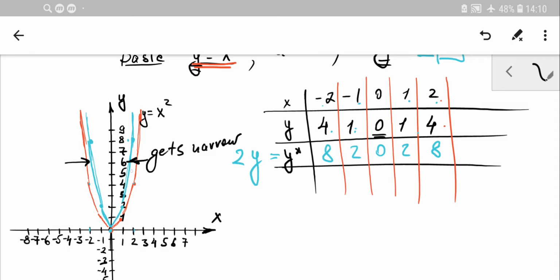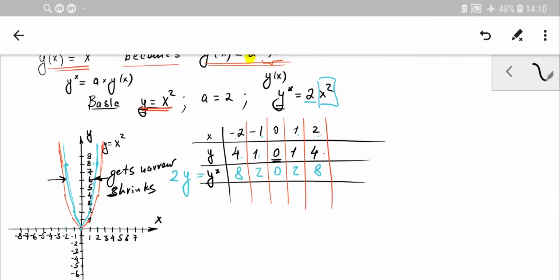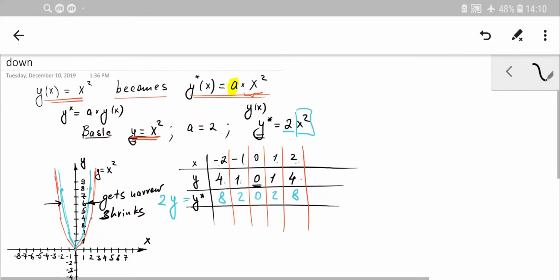So in other words, it shrinks. It shrinks horizontally. So it's horizontal shrink. So it gets narrow horizontally. So that means the general idea or general outcome, if we have